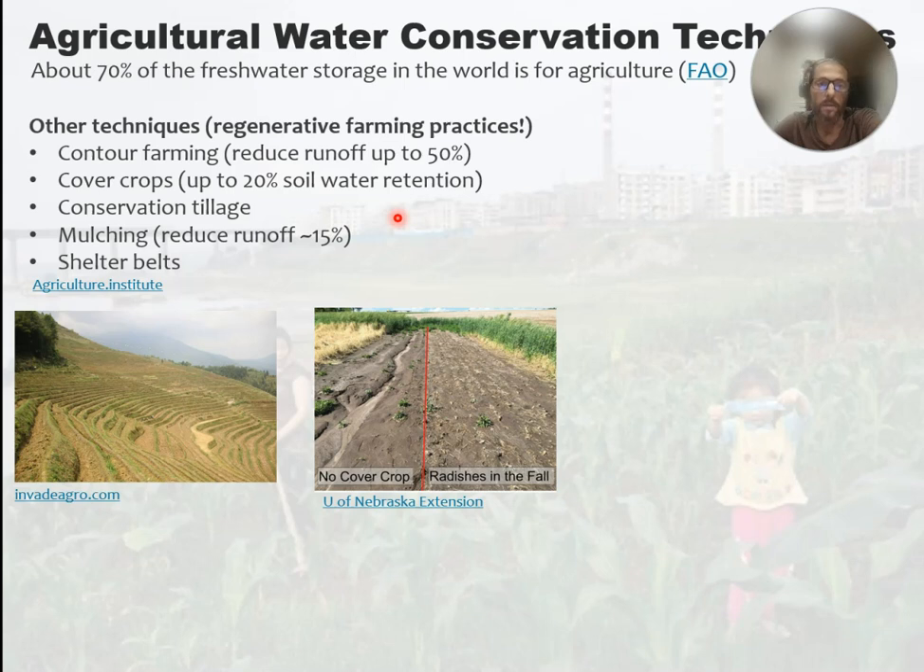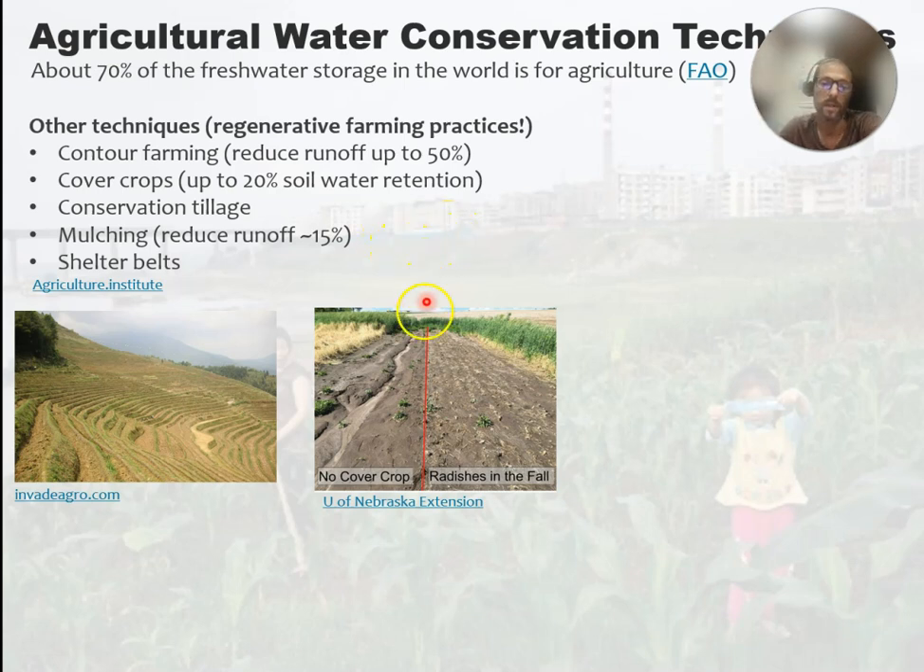Cover crops. Cover crops are when you're not growing the plants that you're actually farming, you want to make sure there's something on the soil. And so you want to jot this down, just in general: never leave the soil uncovered, if at all possible. Because